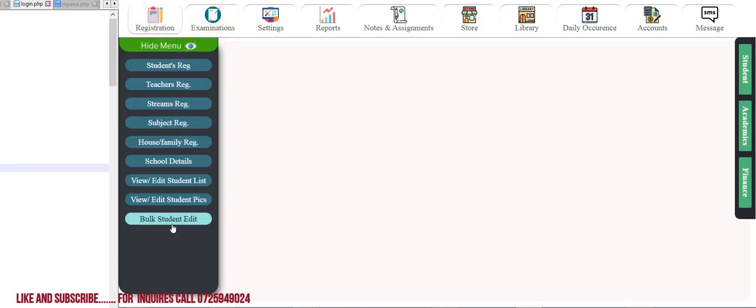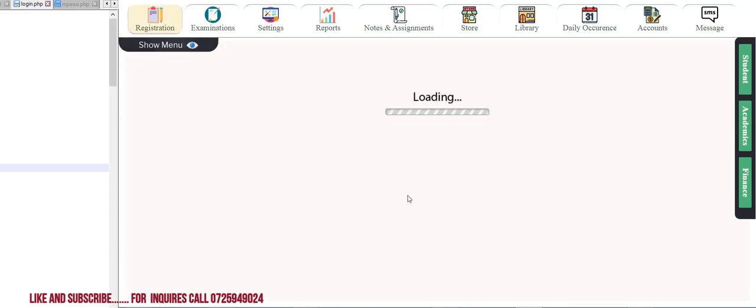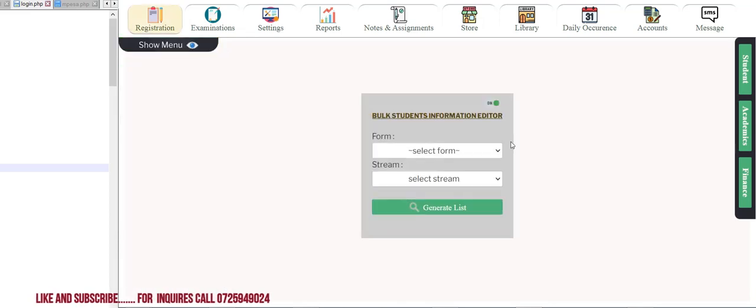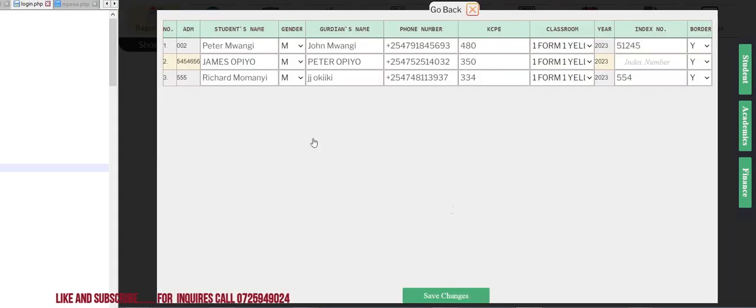So that is it. Then I introduce this bulk student edit so that it can give you a feeling of an Excel sheet. When I select like form 1, then I say generate the list, you find that in this I can edit the way it is done in Excel. So this one is faster and very comfortable, editing in this format rather than using a form to edit